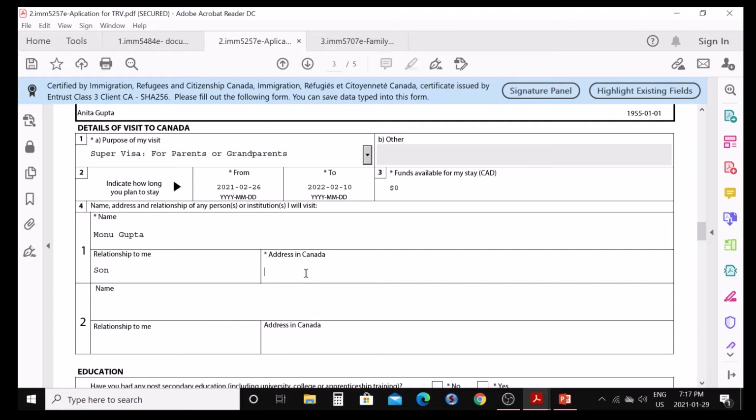Suppose you are writing 17 Street, Winnipeg, Manitoba, postal code, and Canada. So you can write postal code here.